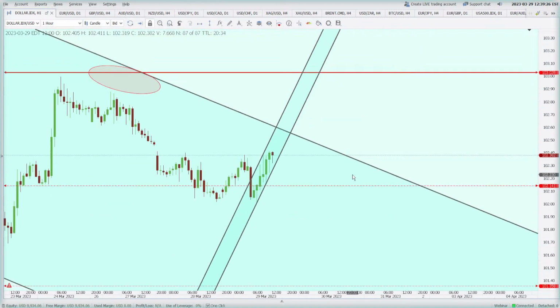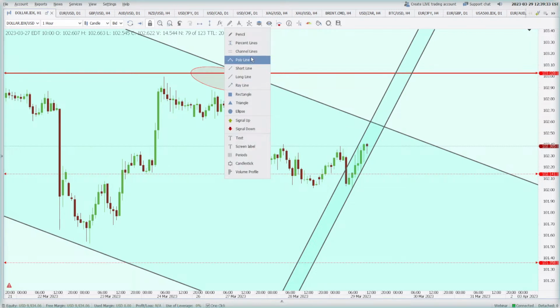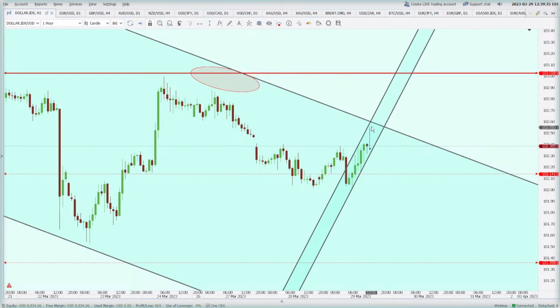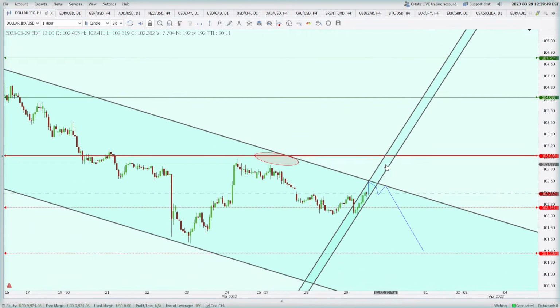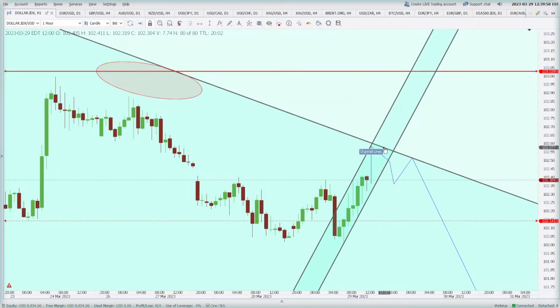So this is simple, guys. This is so simple. Now in this process of making higher highs and higher lows, if the price for some reason breaks through this to the downside, then we will be looking for something like this. But in case this rising channel keeps holding the price to the upside, then we will expect this falling channel to break. Although this falling channel is on the same 1-hour, and this rising channel is also on the 1-hour,